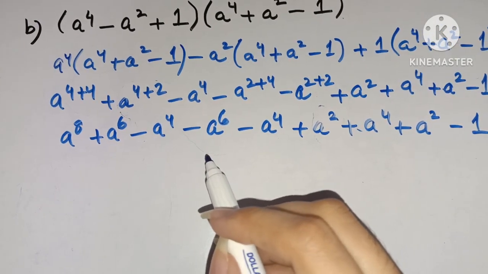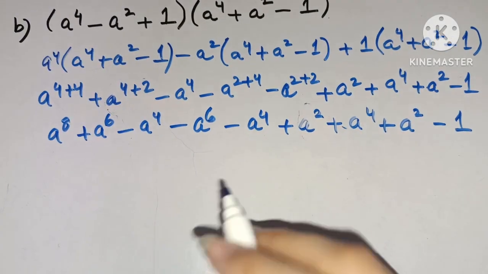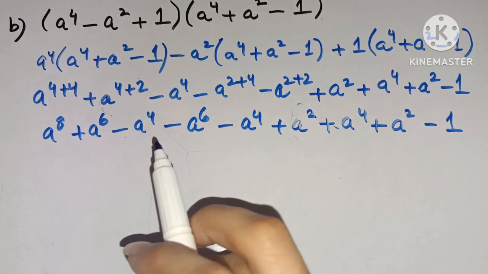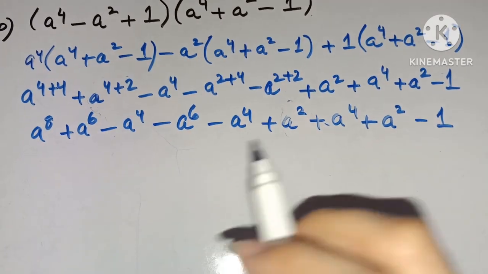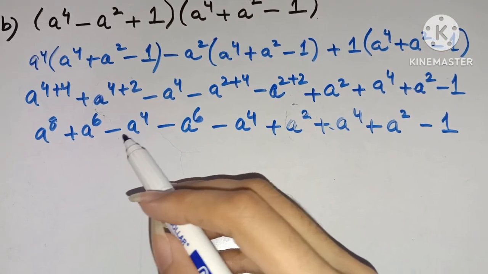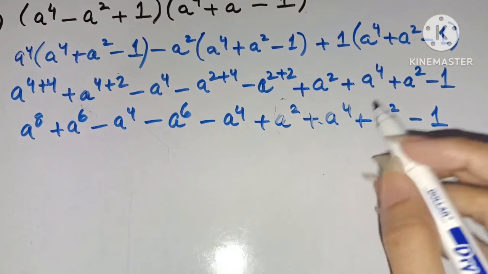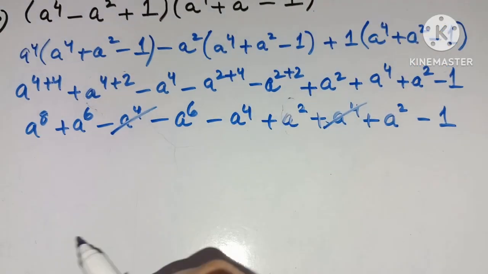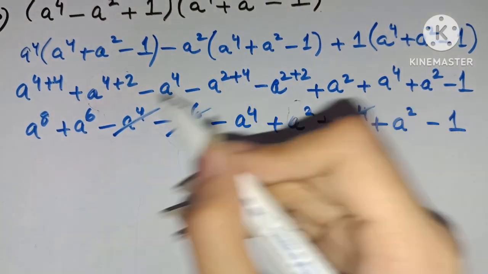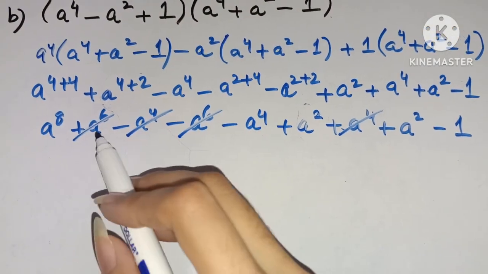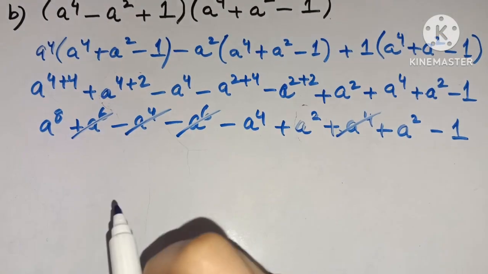So here what we will do is we can see that here is coming minus a4. We will search for the terms which are similar, and one should be with the plus sign and the other one should be with the minus sign, because when this happens, we can just cancel both the terms. So here it is minus a power 4, and here also is plus a power 4. Minus a power 4 and plus a power 4, so we can just cancel them out. And here a power 6 and we are having minus a power 6. So we can just cancel them out. The terms are same, a power 6 and a power 6 with the signs of plus and minus. So we can just cancel them out.